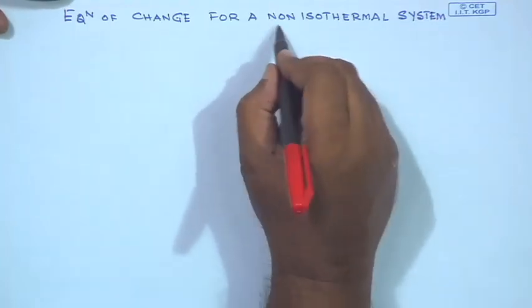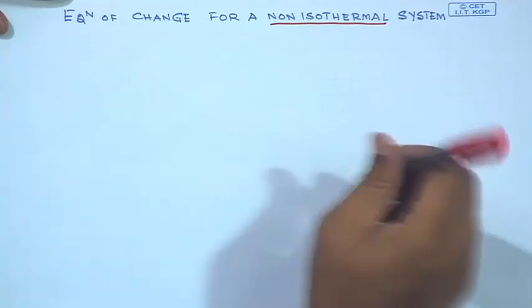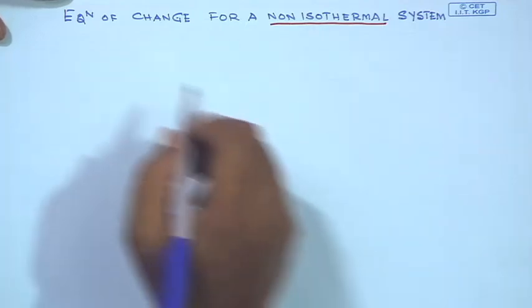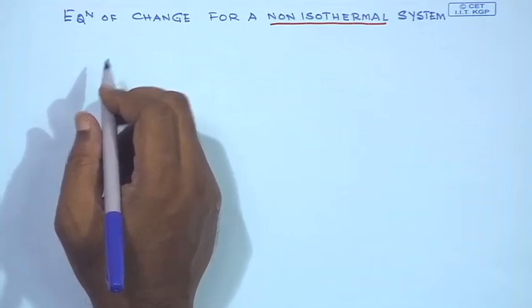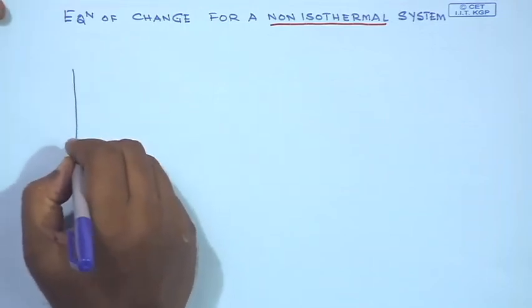So, this is the keyword, it is a non-isothermal system, and we, as before, we assume a stationary volume